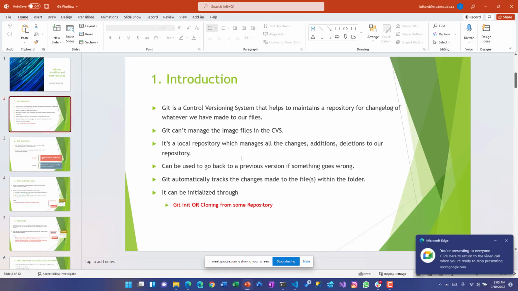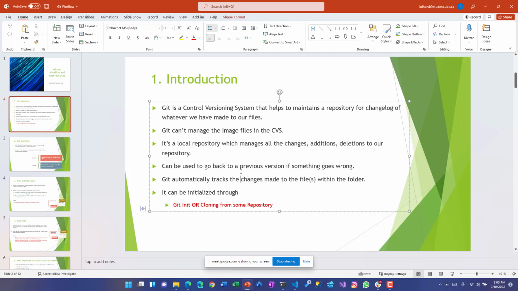Git is definitely a local repository. Please mind it, it has nothing to do with GitHub essentially, unless we create a link with GitHub. So Git is something very separate and local, and GitHub is something very separate, which is a remote repository, and we'll get back to that.